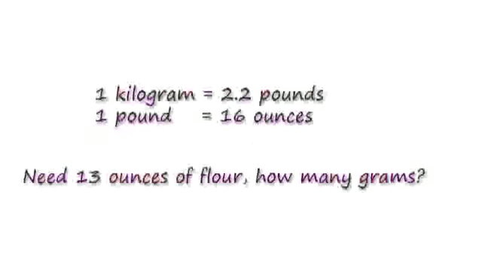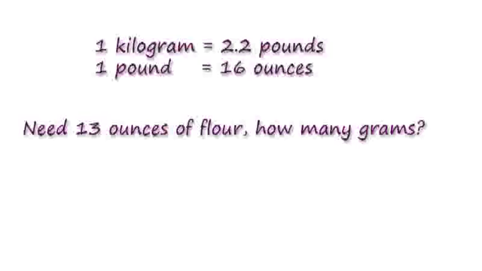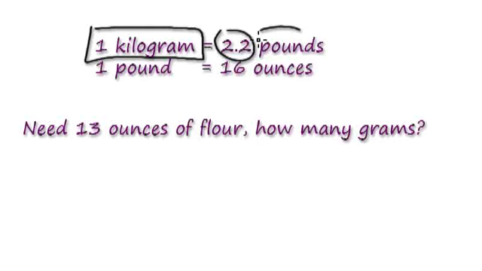In this video, I will show you how you can use ratios to get from one unit to another. So let's say 1 kilogram equals 2.2 pounds. Pounds is just a way of expressing how heavy something is. And you're told that 1 pound equals